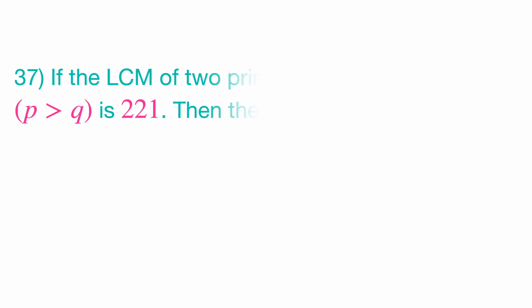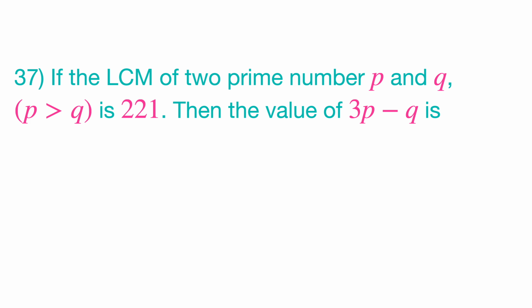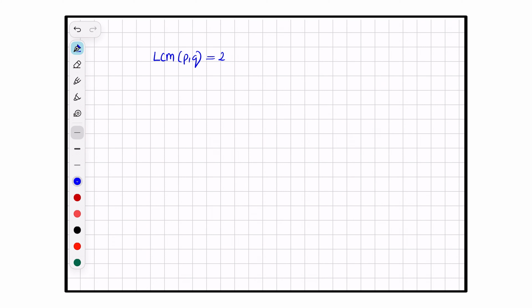If the LCM of two prime numbers P and Q, P greater than Q, is 221, then the value of 3P minus Q is, we have 4 options: 4, 28, 38 and 48. How do we solve this? It's given that LCM of P, Q